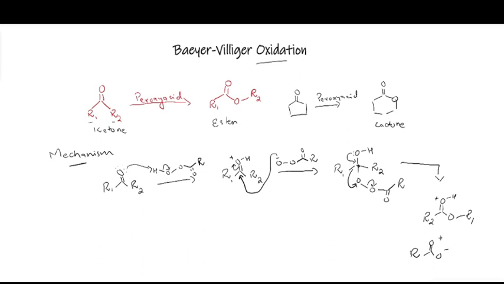This anion then takes up this proton, and as a result we have the formation of this ester, and a carboxylic acid. So as I was saying in the beginning, this is an oxidation reaction. A ketone is oxidized to an ester, or it is converted into an ester, which is of course an oxidation